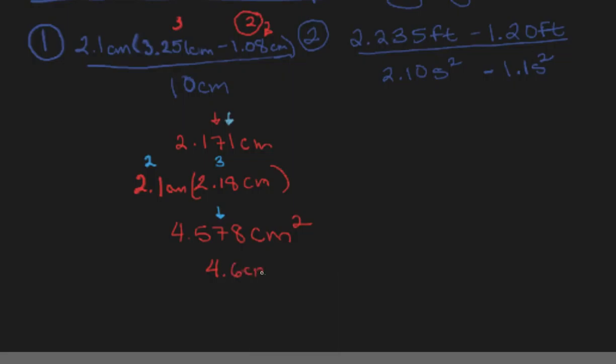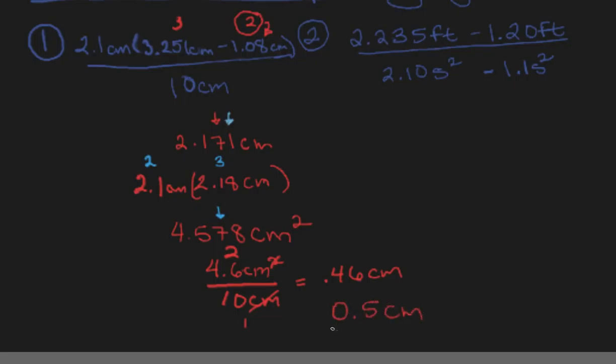Oops, sorry about that. And then we have 10 centimeters on the bottom, can't forget about that. Centimeters squared cancels with centimeters, and we're going to get 0.46 centimeters. We're not done though, because in division you choose the least number of sig figs. This has 2, and at first glance you might think this has 2 as well, but remember, trailing zeros without a decimal point are not significant. So this has 1 sig fig. So our answer should only have 1 sig fig, so we have 0.5